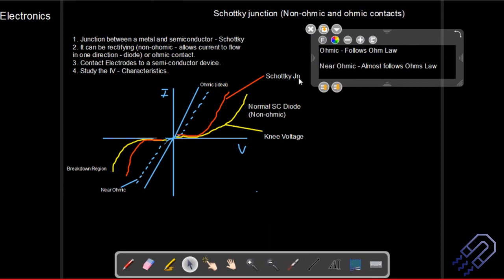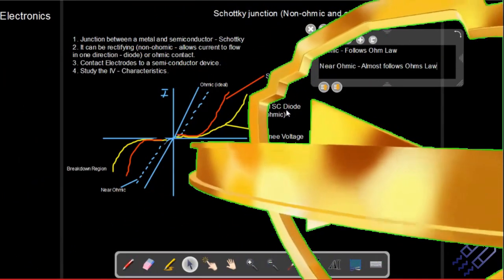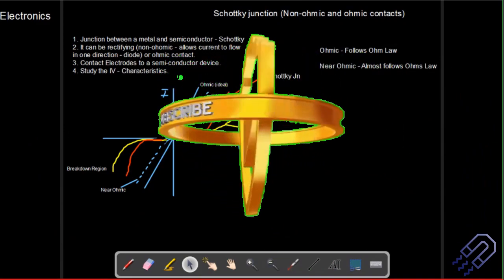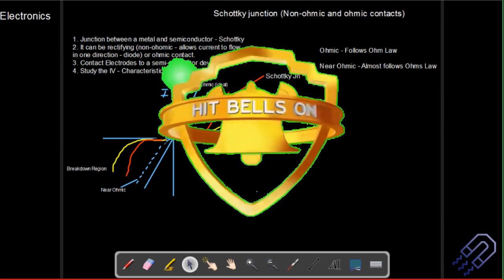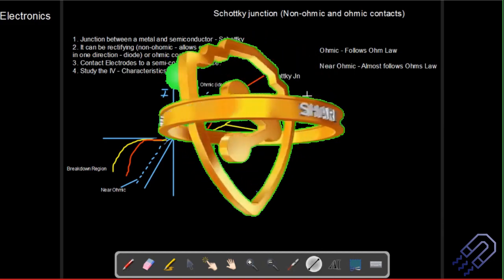And then we have the Schottky junction, and then the unpredictable diode, which you already know. So these are four important characteristics that we basically have. And then, how do you draw a simple normal semiconductor diode? How do you apply the biasing? I think we already know about it, but anyway, let's draw a simple figure.